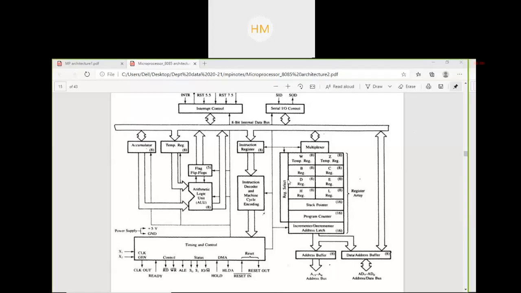Any doubt you are having in this architecture diagram? Anything you want to ask? I am waiting for the students to join.